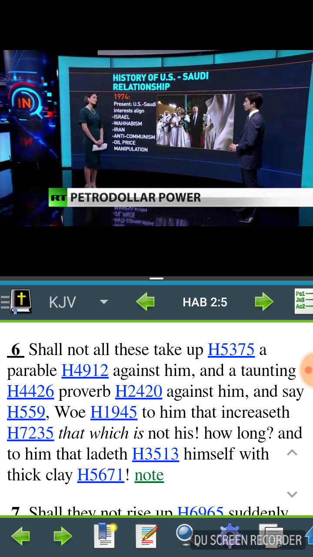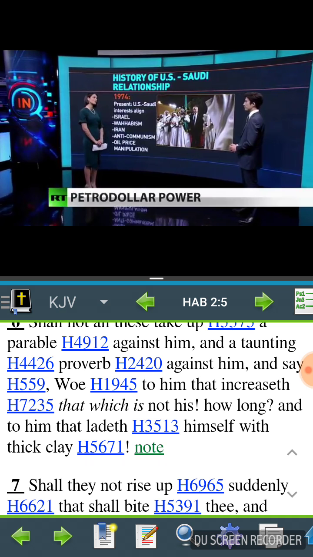All right? Shall not these take up a parable against him, and a taunting proverb against him, and say, woe to him that increases that which is not his? And who's fulfilling that right now? Is not that America? Is not that the elite